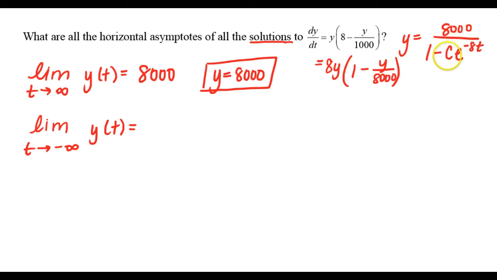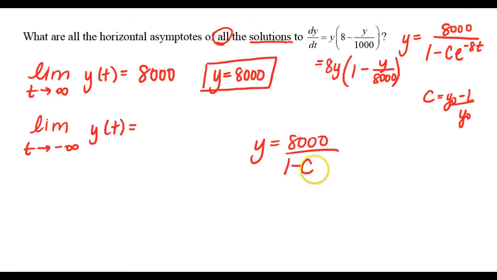I have to leave C there because C is defined to be the initial population or the initial condition minus L over y0, and I don't have a y0. I wasn't told anything about a specific solution. Plus, I want the horizontal asymptotes for all the solutions. So the general solution looks like 8,000 over 1 minus C e